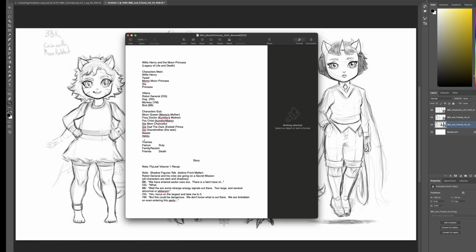And then after that, I think of themes. What are the themes that I'm trying to get across in the story? It could be about failure, duty, friends, death, some type of theme that is like an overarching idea or concept for the scenario. I usually try to have something like that in place before I start. And then I start the story.